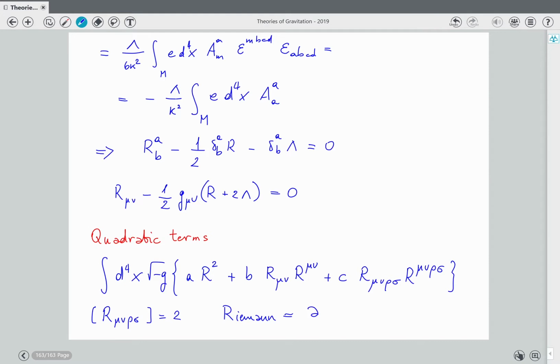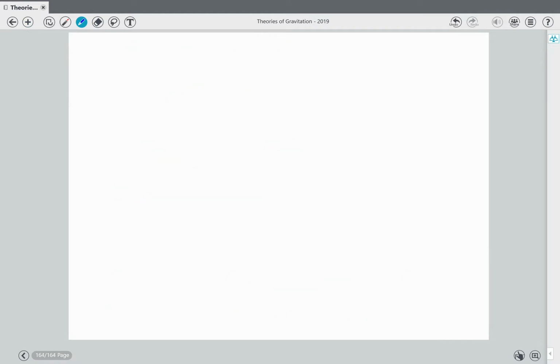Let's recall that the Riemann tensor is d gamma, and then there is a gamma gamma. And now we are assuming both vanishing torsion and the metric compatibility,